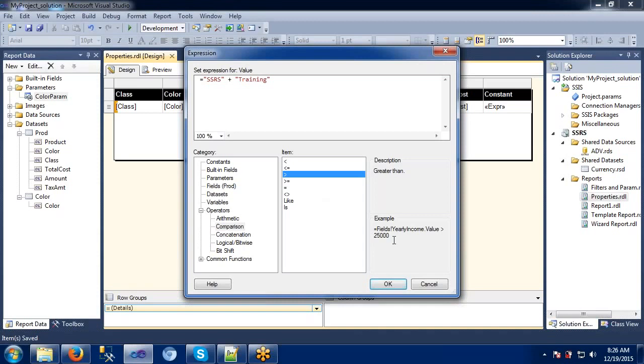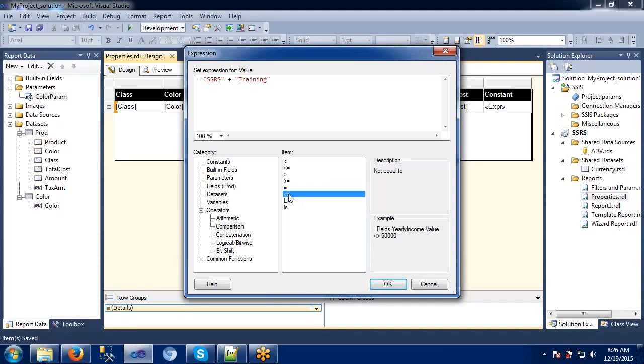If the value equals 5,000, only those records I want to display. So we can specify whatever we want in the reports.